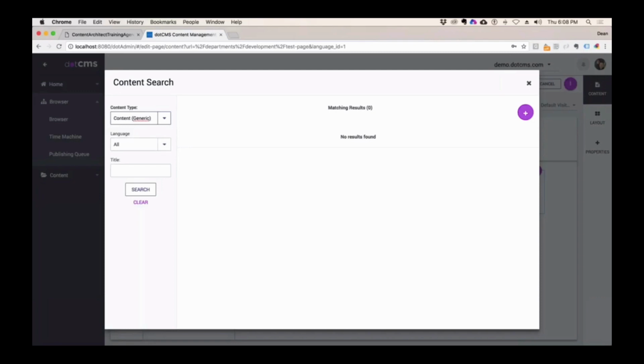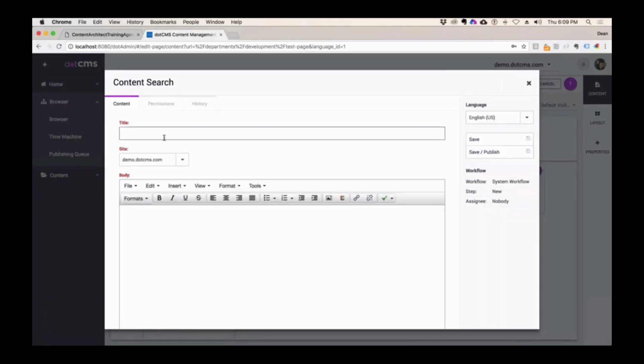If he goes to click generic content, you notice we have tons of generic content in the system, but it didn't cascade permissions. So all of the current content that exists in the database, I've protected from this user. It's your option. It's whatever you want to do. Whenever we go to movies, you're going to see he gets a full list of prior content created using that content type because I did cascade on movies. Okay. Hopefully that's clear. But he can add new. So he can add a new generic content and just say, something new,